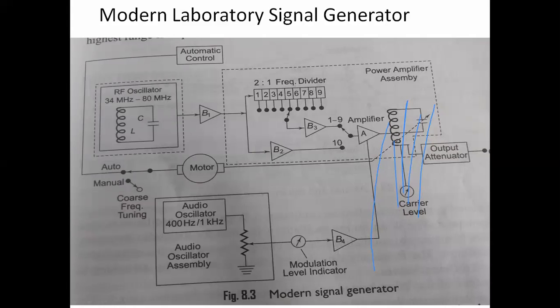So a buffer amplifier eliminates any effects on the output side. Generally, if any high current drawing circuit is connected, that high current drawing circuit will also draw current from the source. Suppose a highly current-using circuit is connected at the output. So that circuit is able to draw the current from the source also.